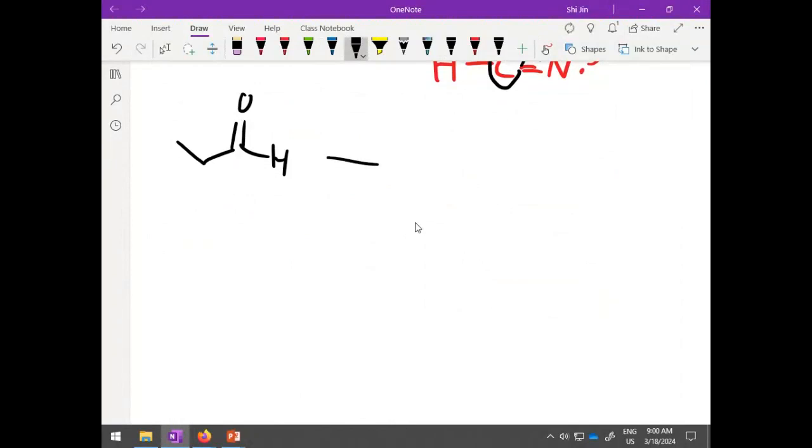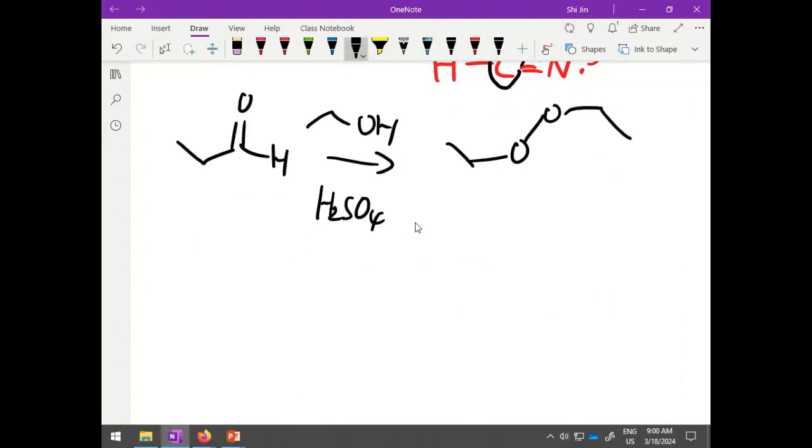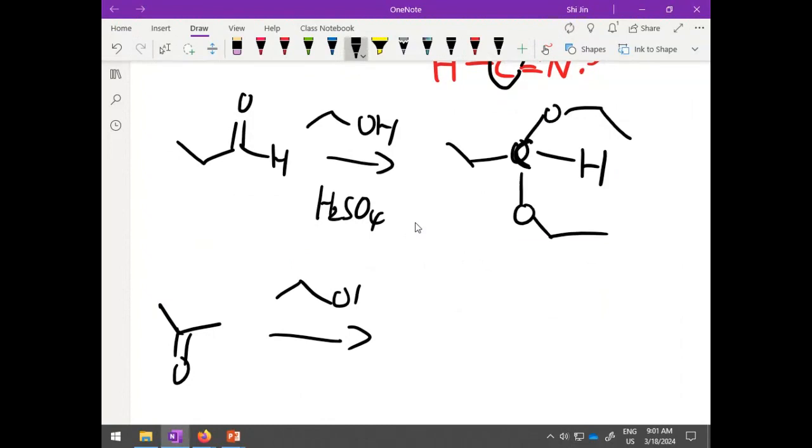If this aldehyde, let's say, reacts with ethanol, say we add a sulfuric acid, then it eventually becomes this. So this is the acetal formed from aldehyde, and if it's a similar reaction but on a ketone,